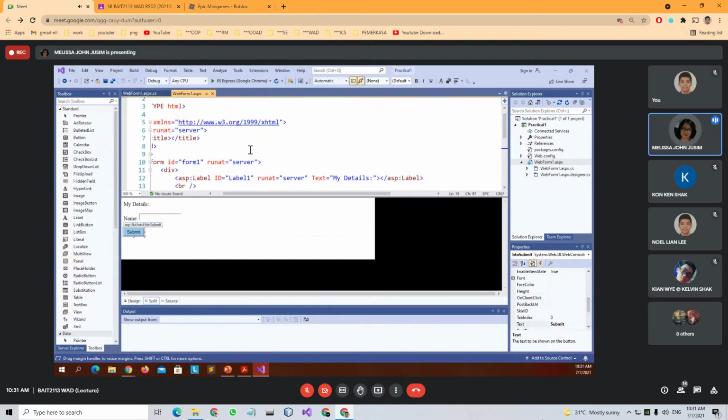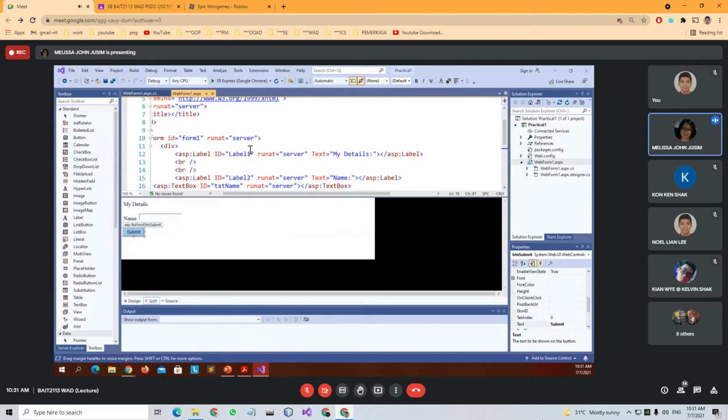Okay, let me just use whatever I have here. Label 1, initially it's my details. I think I want to just override my details. Just a simple one.